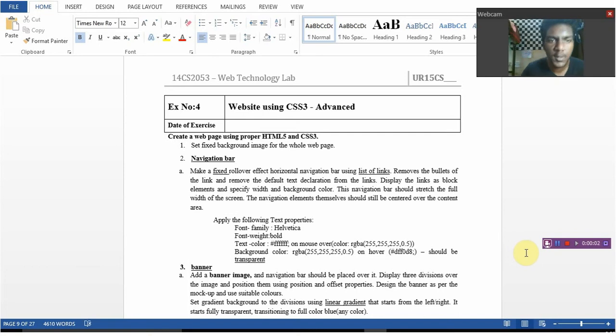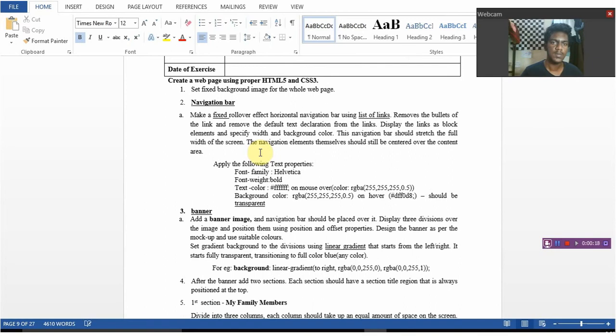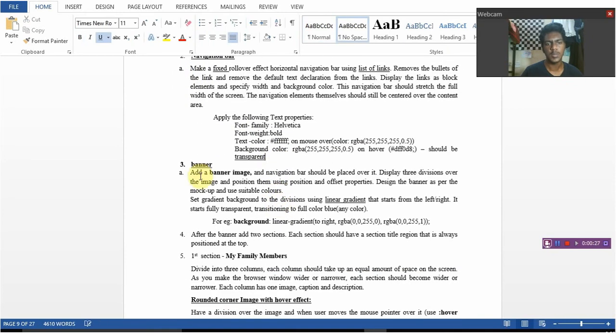Hello, my name is Sandeep and today we are going to see exercise 4, that is designing a website using CSS3 advanced. Here we have to create a web page using proper HTML and HTML5 and CSS3 tags. And here there are some prerequisites given, that is the navigation bar should be in the given conditions, and then there should be a banner,